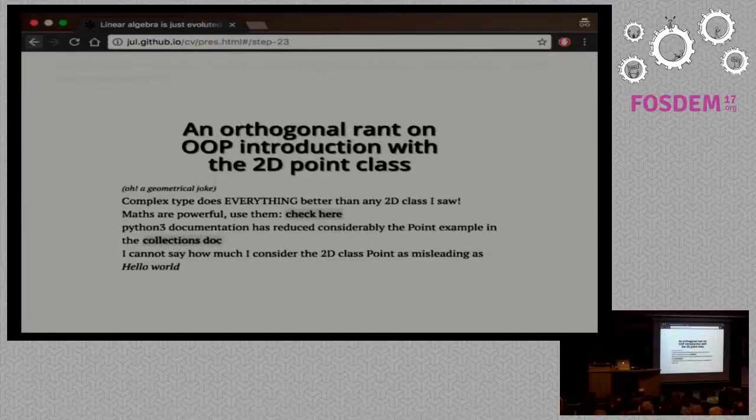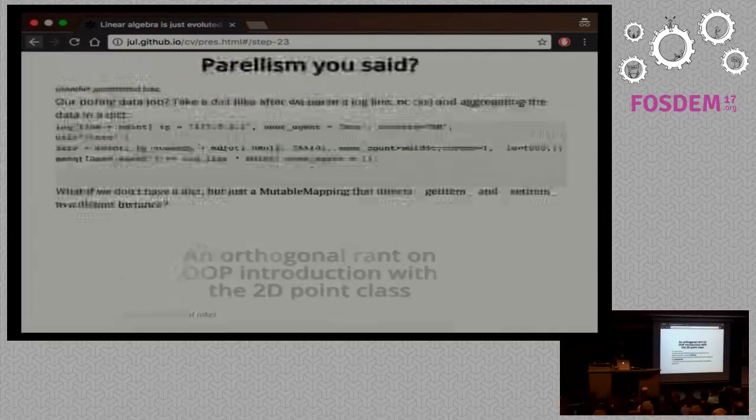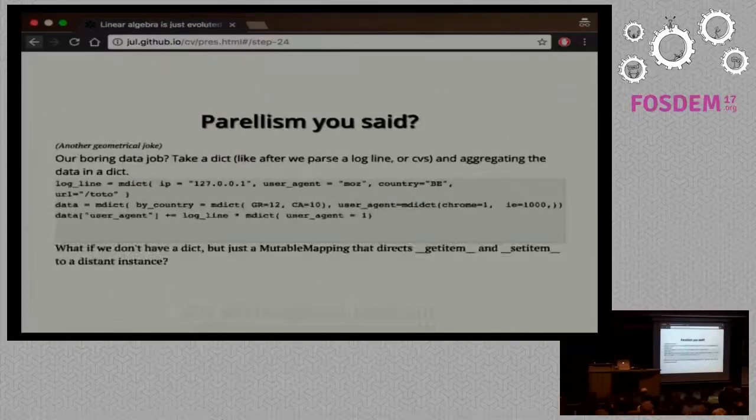I hate the class Point2D when you've got your complex type. We eventually have the quaternions that are more efficient for doing rotation. I want to say that I really don't like this. I like the 2D point class as much as I like the hello world example. Yeah, another geometry. Parallelism, you catch it? No. So,